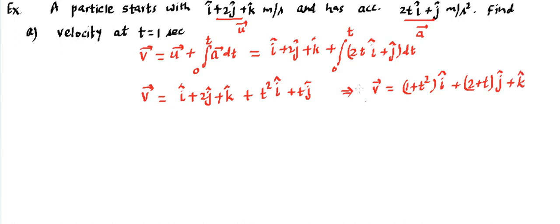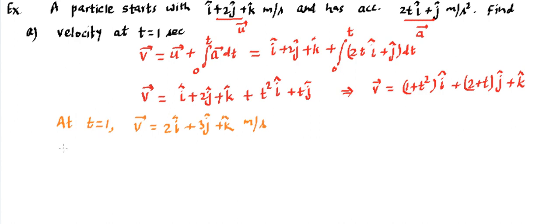So that's the velocity. Now you can treat this as a formula. For this particular question, this is a formula of velocity at any time, whatever time it is asking for. And since we have chosen t equal to 1, at t equal to 1 our answer will become v vector is equal to, just place t as 1, so it's going to be 1 plus 1, that is 2 i cap, and then 2 plus 1, that is 3 j cap, plus k cap. So this becomes the velocity at t equal to 1 second.